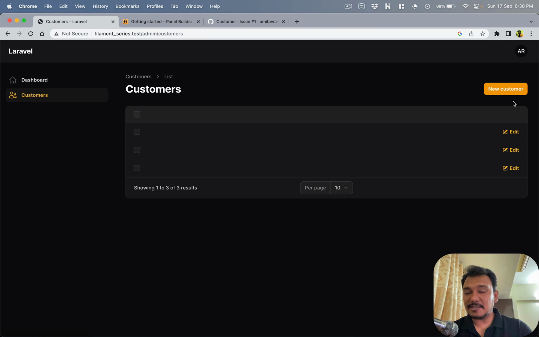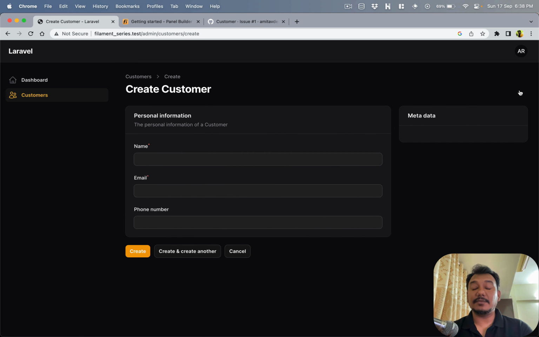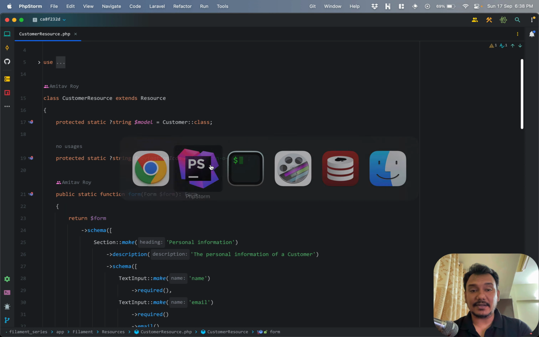So now in this particular commit, what happens is I have a new create customer form ready, but I haven't worked on the listing page in this particular commit. That's the next commit which we will look at. So the create form, if we look at it,